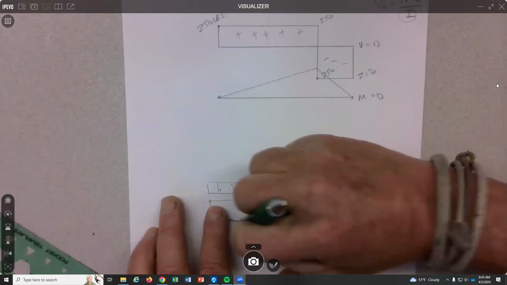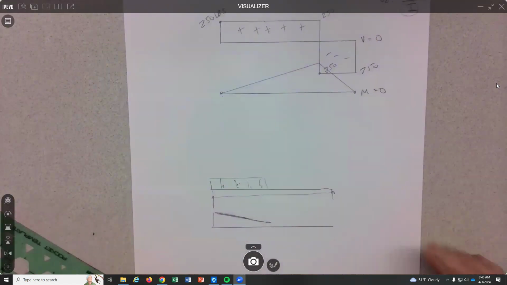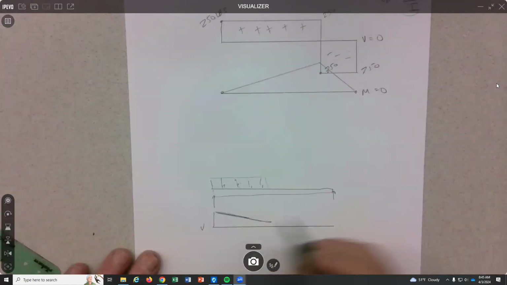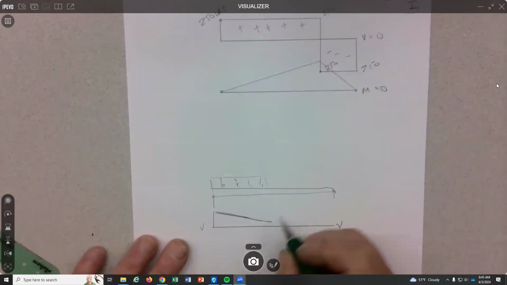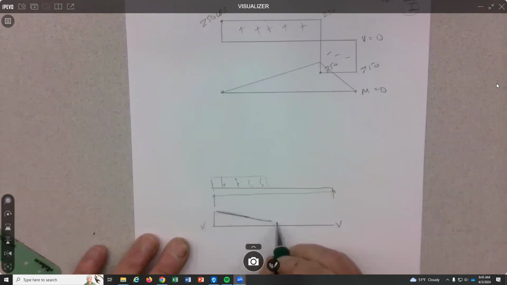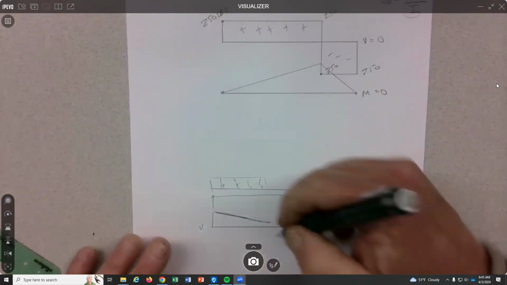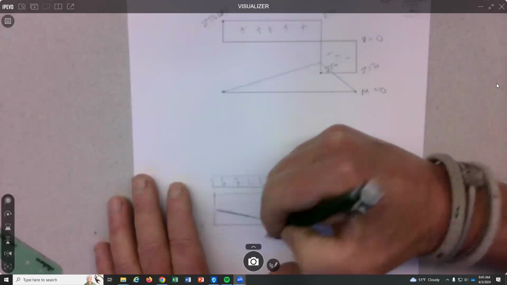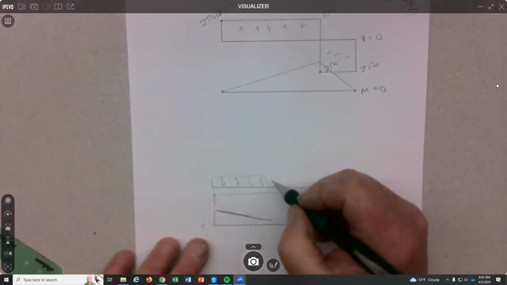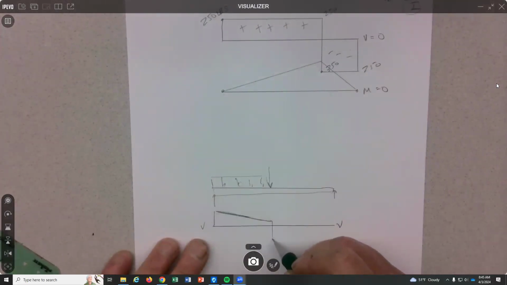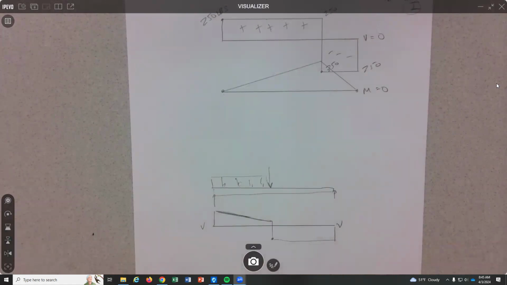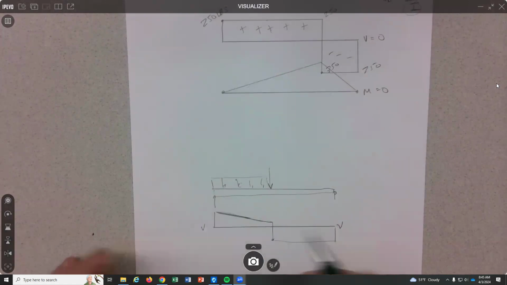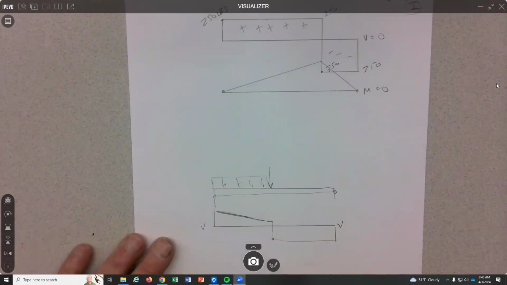Right, so this is a different problem if there was a distribution. So in the shear, it comes down and then maybe goes flat. If this is going back up, then it must actually cross. So here, I'll put a down force. Then that'll kick it down to here, then it comes across, and then it comes back up. So this may cross, it may not cross. You have to do the numbers to figure out whether it crosses. So that's a shear. So then in the moment,